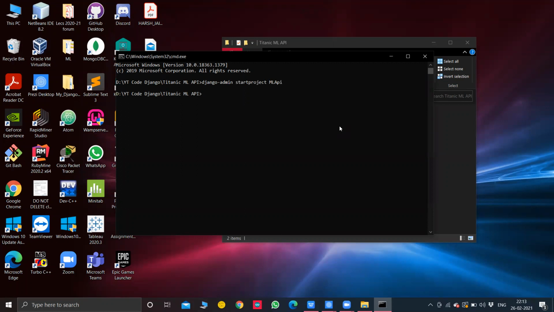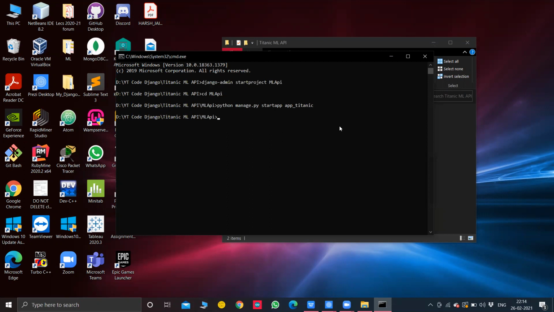Now I'll go inside ML API and I'll make our application that will consist of our ML model, whether the person survives or not. So python manage.py startapp, and I'll say the name as app_titanic.